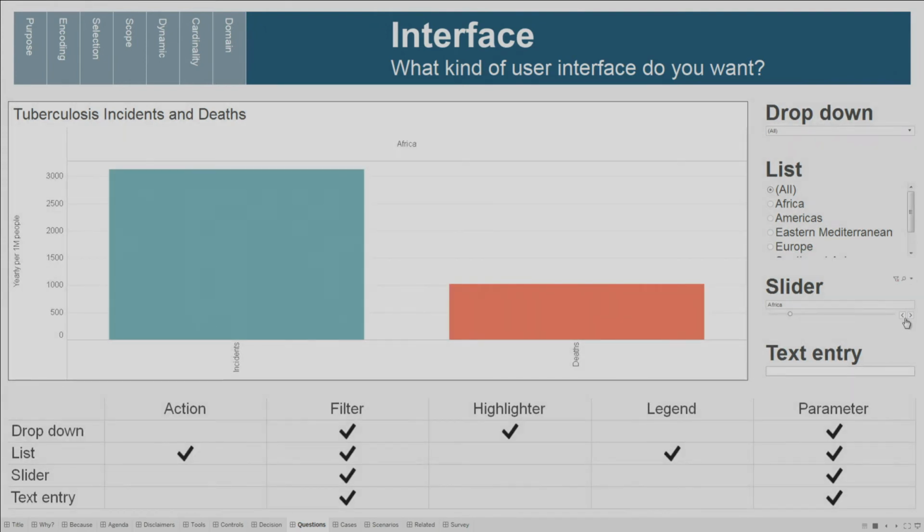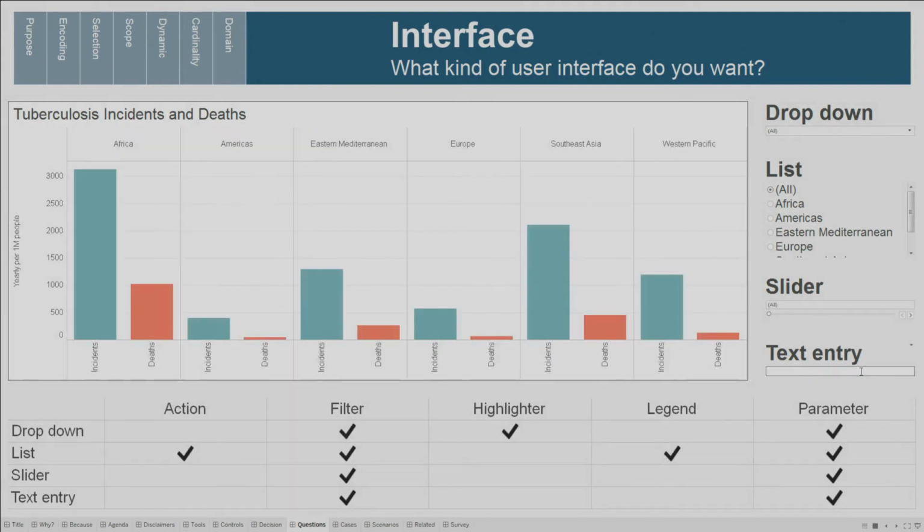And lastly, I could say that I want a text entry. So if I search for,